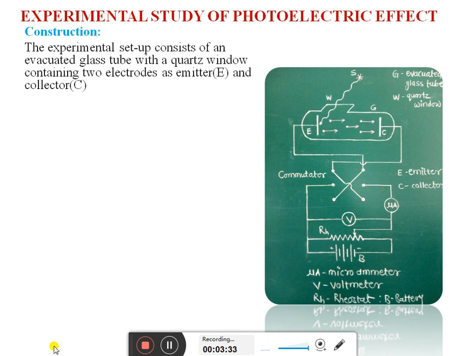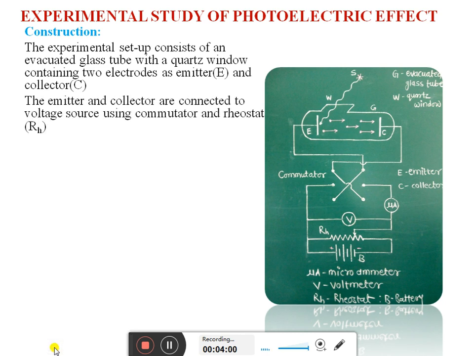First one, it is the construction, or explanation of the experimental setup. First point here: the experimental setup consists of an evacuated glass tube with a quartz window containing 2 electrodes, namely the emitter and collector, where the emitter is the cathode or negative electrode and the collector is the anode or positive electrode. Next one. These 2 electrodes, the emitter and collector, are connected to a voltage source using a commutator and rheostat. These 2 electrodes are connected to a high voltage battery